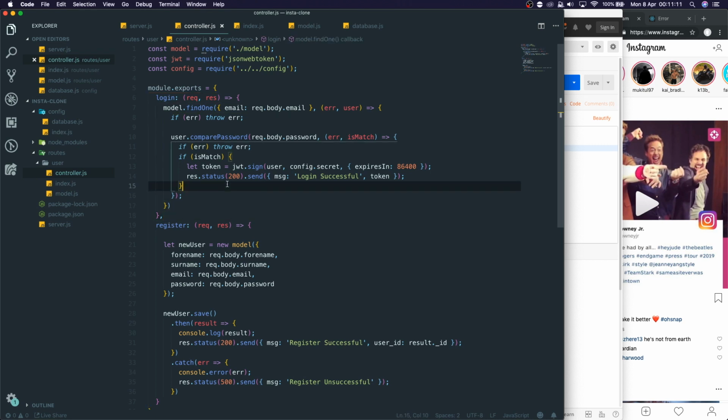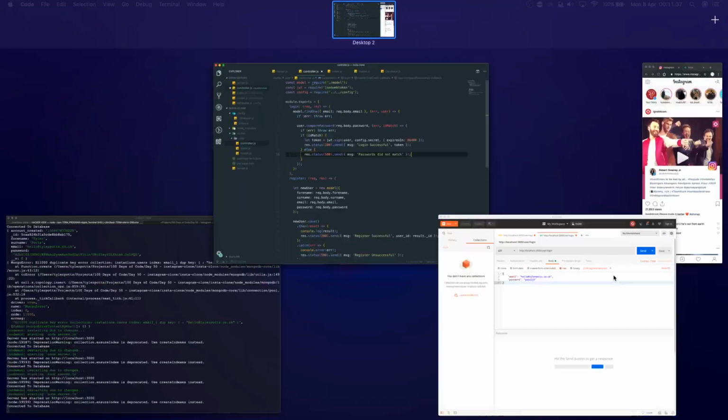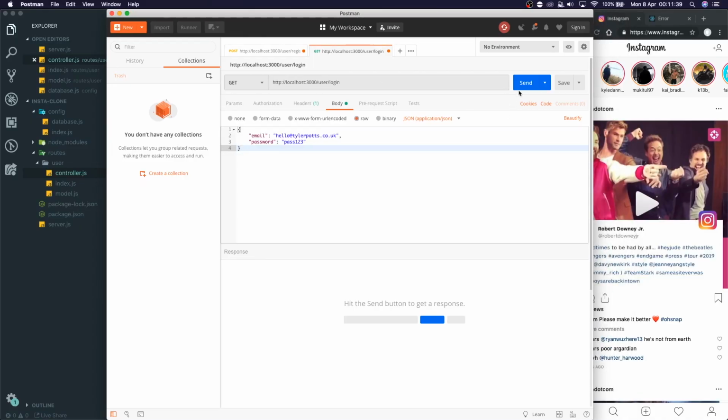Oh, we need to also set up in case it doesn't match. We're going to say else, and we're going to grab this. Basically, we're going to pass through 500. I know that's not the correct error code, but it's what we're getting. We're going to say passwords did not match, and we're not going to pass the token through. Let's hit save, and now over in our app here, if we hit send,